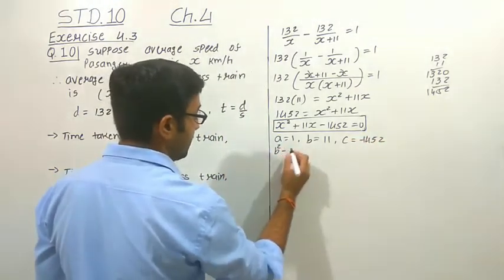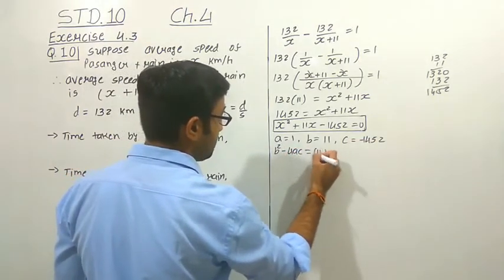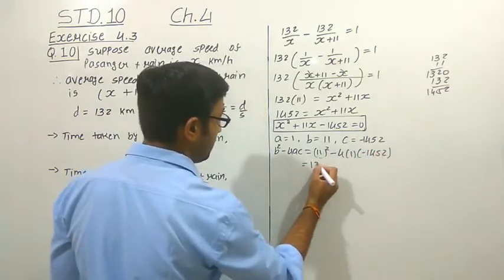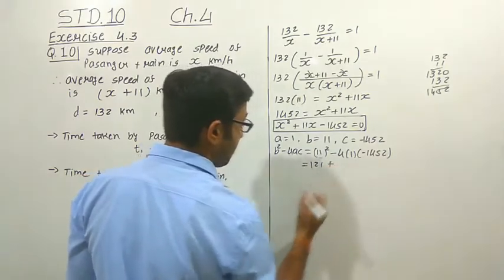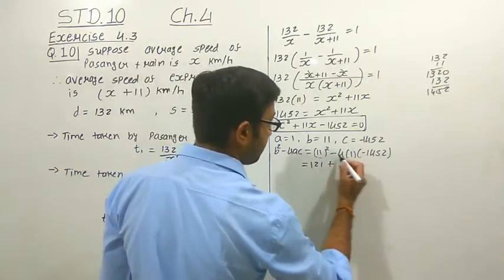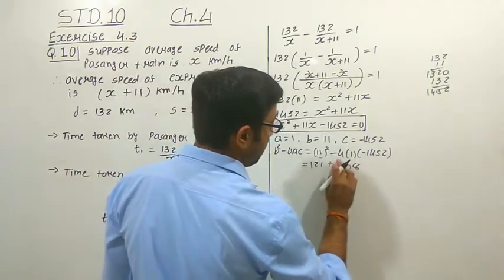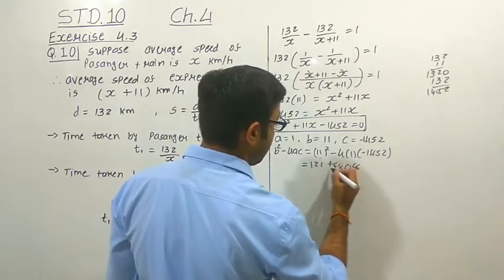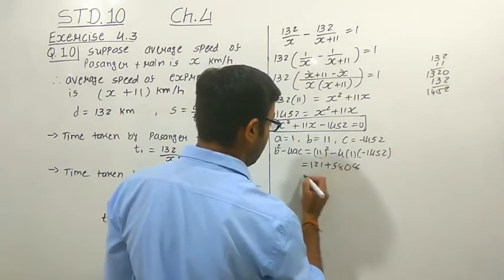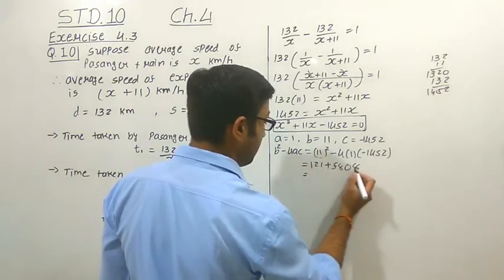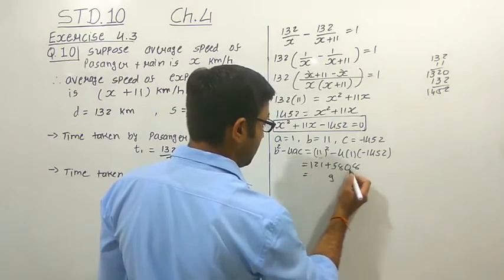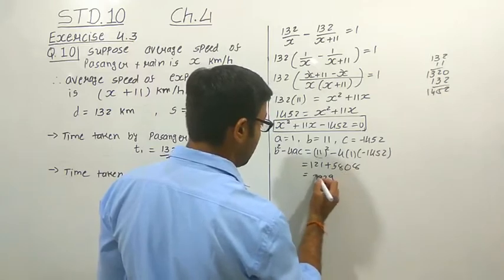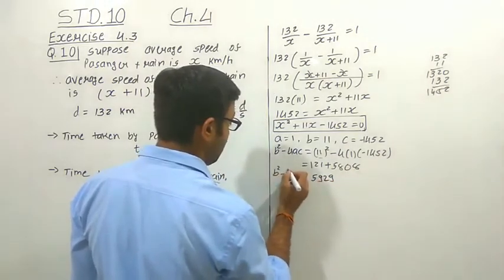So the value of the discriminant we get is b square minus 4ac, that is 11 square minus 4 into a and c is equal to 1452. So here we get 121, negative times negative is positive, 4 2s are 8, 5 4s are 20, 2 is the carry, 4 4s are 16, plus 2 is 18, 1 is the carry, 5 plus 1, 5808. Now add both these numbers. We get 8 plus 1, that is 9, 0 plus 2, that is 2, 8 plus 1 is 9, and here we get 5, 5929. That is the value of b square minus 4ac.